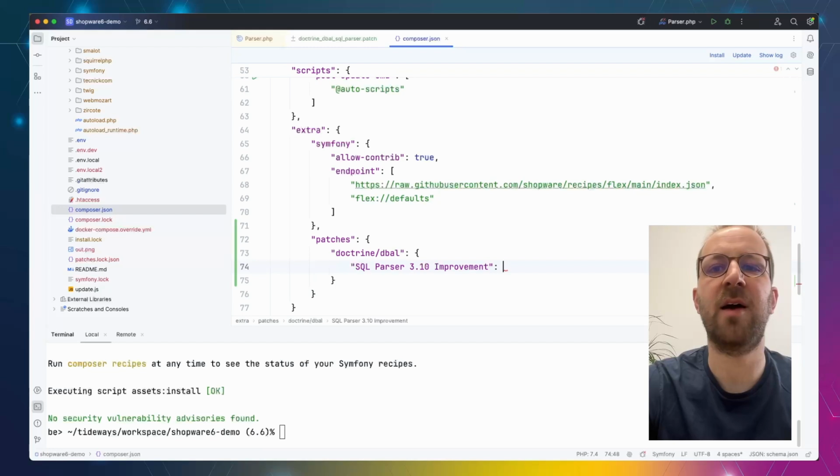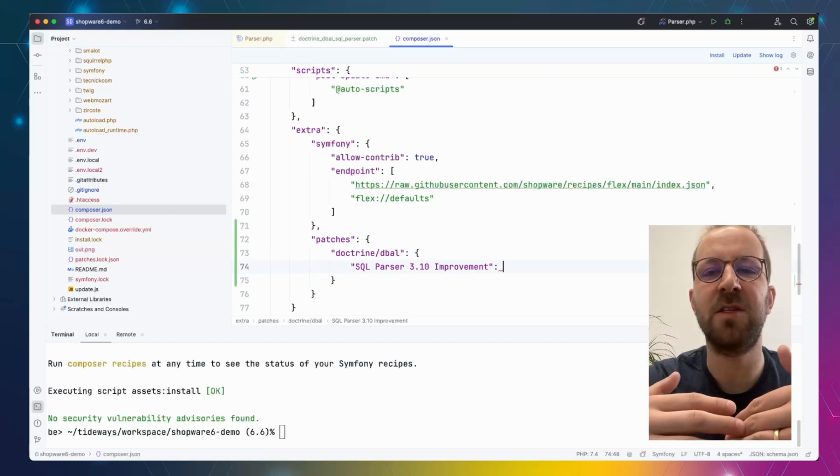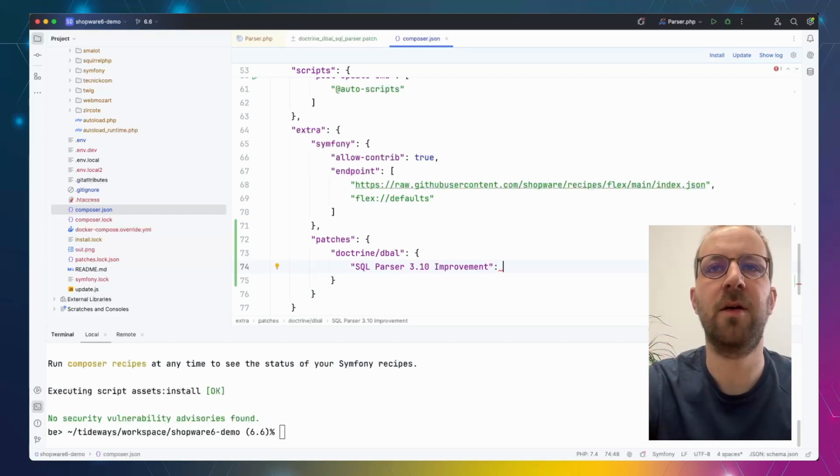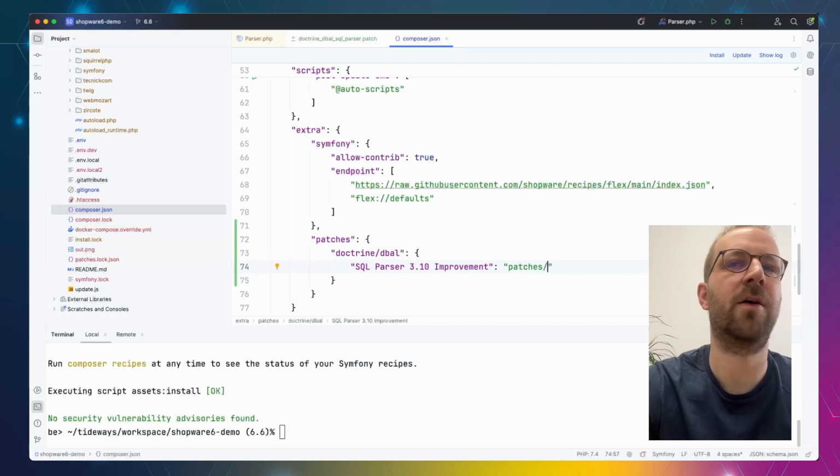So in this case, we are pulling along a performance fix into an older version just to get the benefit earlier than updating to